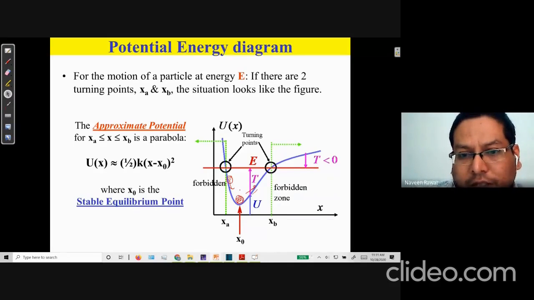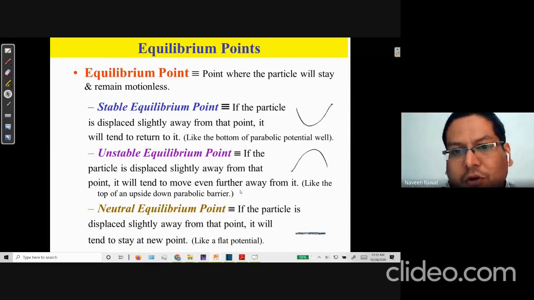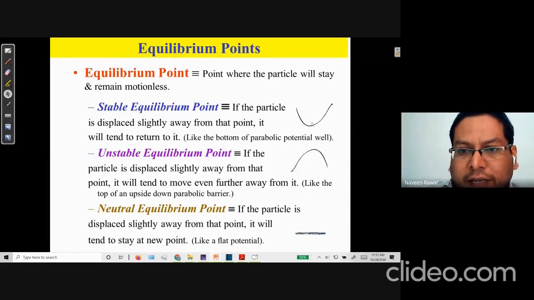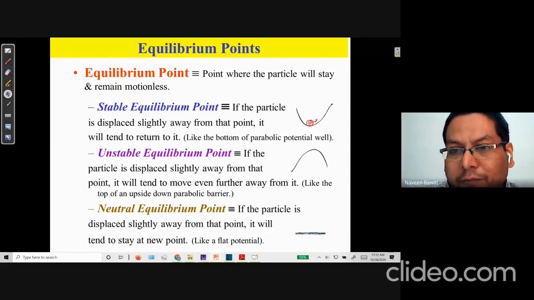Okay, so let's look at these situations. We have something called the stable equilibrium point, right? And that is represented by this curve here. So it would be some point right here in our potential curve, where a particle is sitting, and we can just understand from intuition itself that if this particle is displaced a little bit from its equilibrium position, right now when it was sitting in the center of, let's say, a ramp, and we just displaced it a little bit, then what will happen? It will try to go back to the point from where it was displaced.